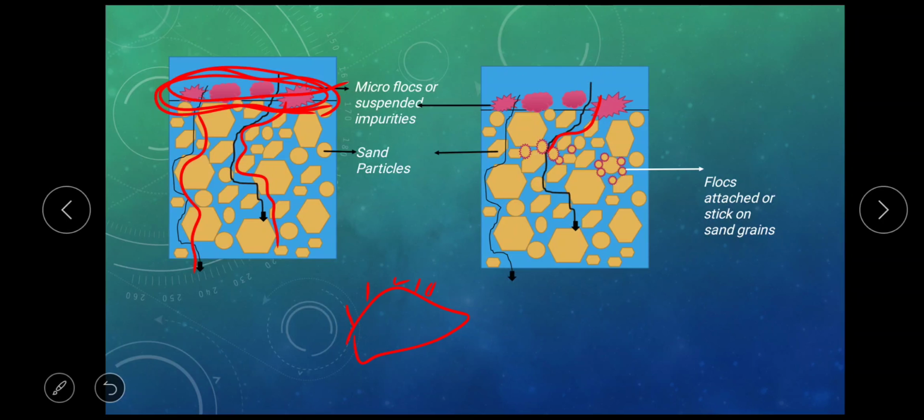This is called adsorption. Again, let's say these are the voids present in the sand layer. Now these impurities are there. They will settle at this zone. This is called sedimentation. Here microorganisms are there, and organic impurities are there, so they will interact with each other. All the microorganisms will oxidize the impurities, so the thickness of this layer increases. This is called the slime layer or dirty layer. Every 1 to 3 months we have to remove this layer.